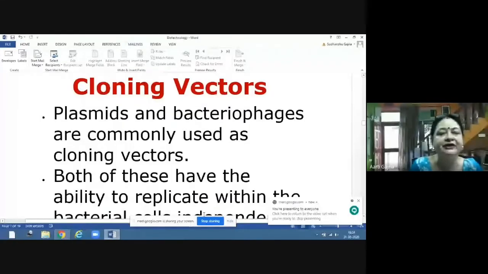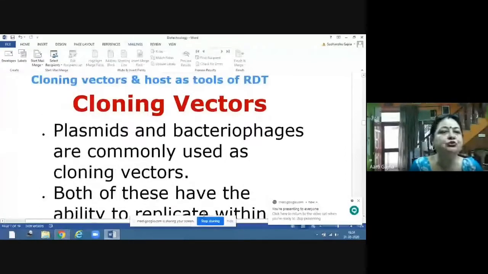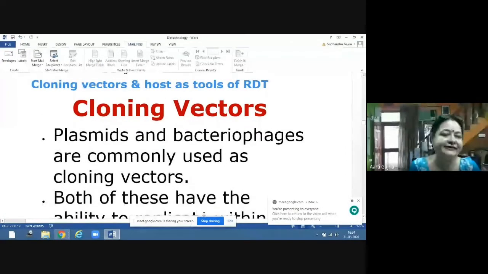Hello students, today in this video of ours, we are going to learn about the cloning vectors. What should be the structure of the vector to help in the cloning or increasing the copy numbers, increasing the copies of the desired gene in the host. So in this we will see what should be the structure and what are the various components that should be there in a vector to help it take the desired gene into the host.